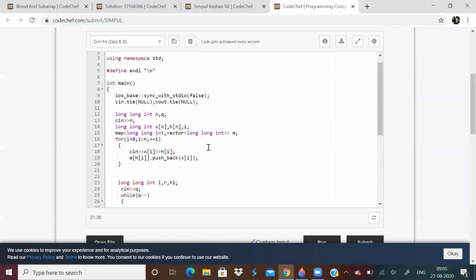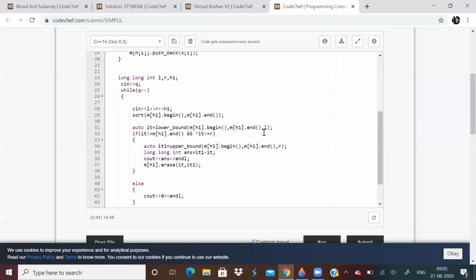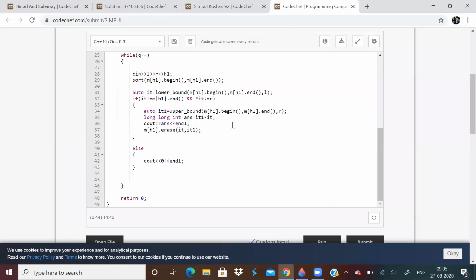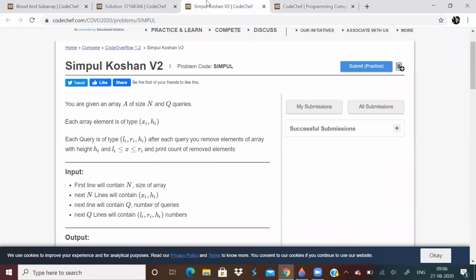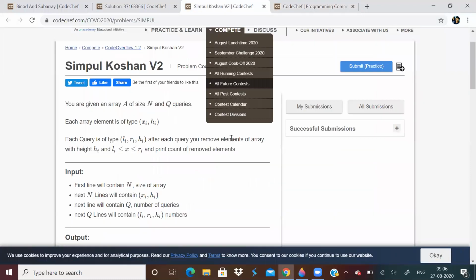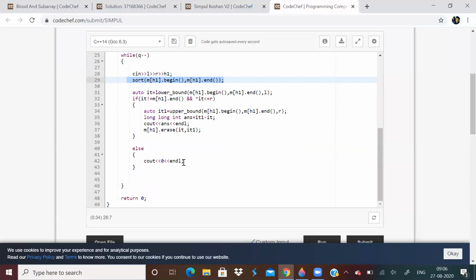But the tough part was to understand which STL to use. And moreover, I think the test cases were weak also, because I am continuously sorting all the elements. But I can argue that the vector size won't be that big. So sorting also will be fine. So in this particular problem, I would say this worked.